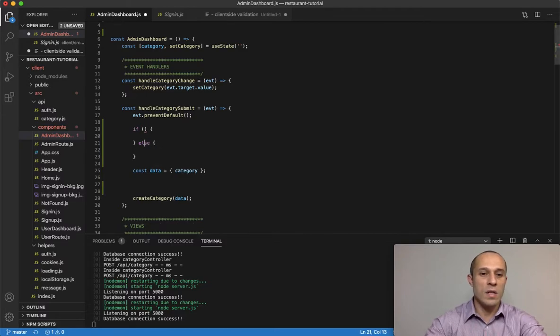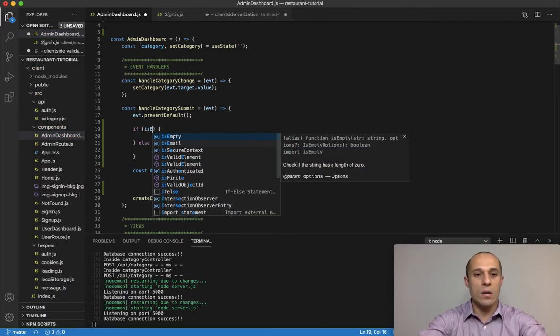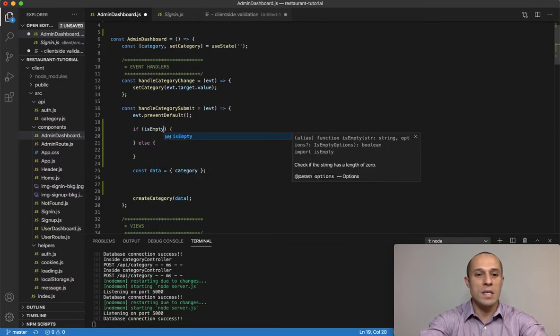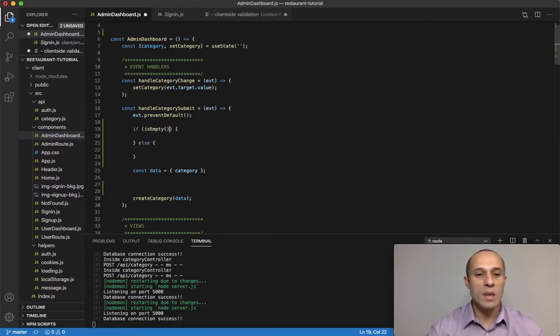The else is if the validation passes. So here in this if case, what I'm checking is isEmpty, and the argument that we have to pass in is the category, this right here, the category state. We're checking that to see if the user actually put in anything inside the input field. So if isEmpty, then we want to set an